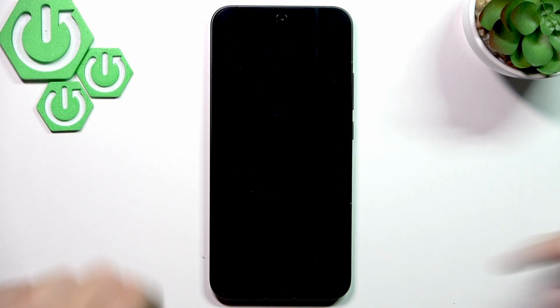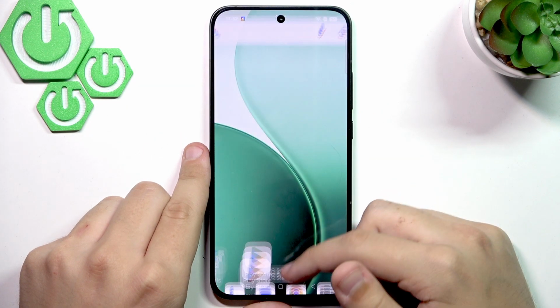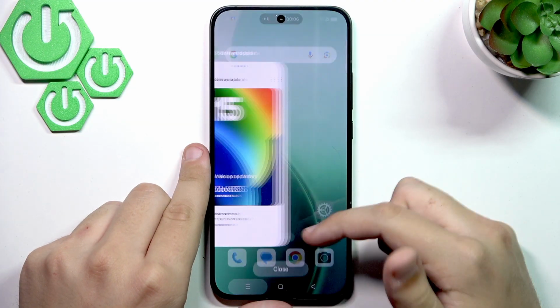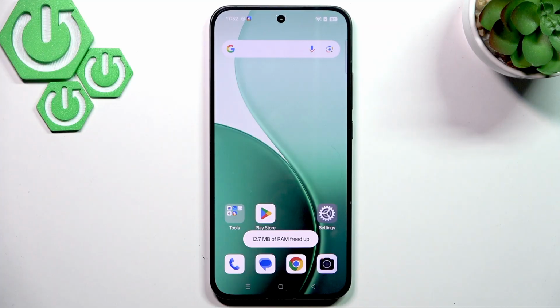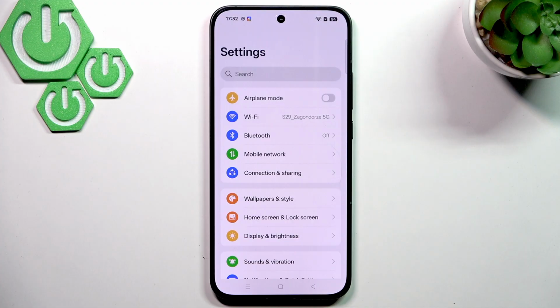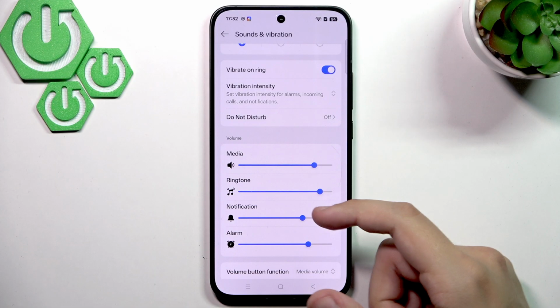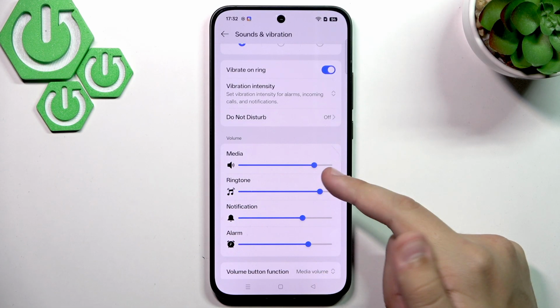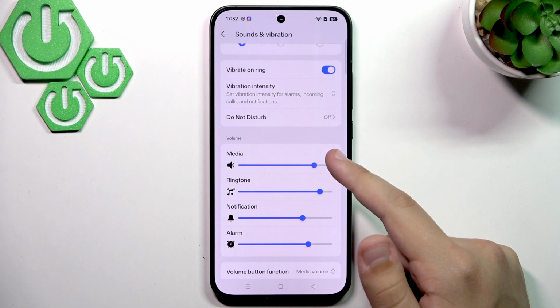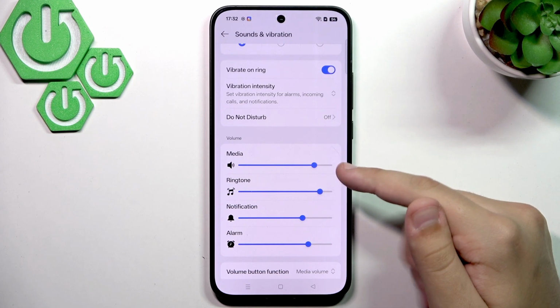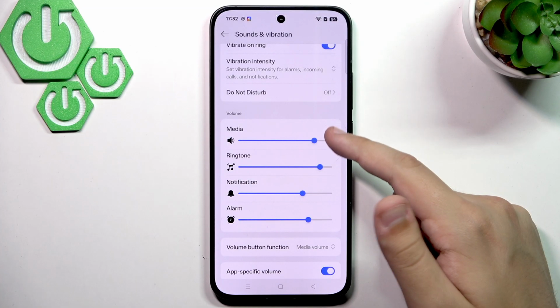So first, what you guys want to do is unlock the phone, and after that, check the volume levels in the settings. So go over to the settings. Now here select sounds and vibration, and here you will be able to check the volume levels. So make sure to put them something similar to mine, but the most important one is the medium one and